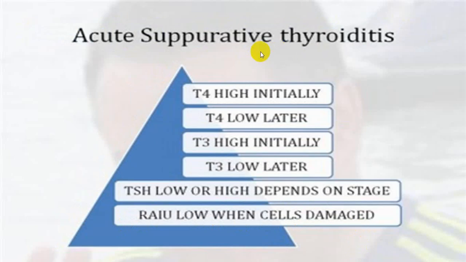In subacute thyroiditis, T4 initially is a little high, then it becomes low because there is a destruction of the thyroid gland. So the person goes into hypothyroidism. T3 again initially is high, later on it is low. TSH will remain low or high depending upon the stage. When the T4 is initially high because of inflammation, TSH will be low, but in later stages as the person goes into hypothyroidism, the TSH will be high. And radioactive iodine uptake study will be low, showing you that there is a destruction of the thyroid gland.